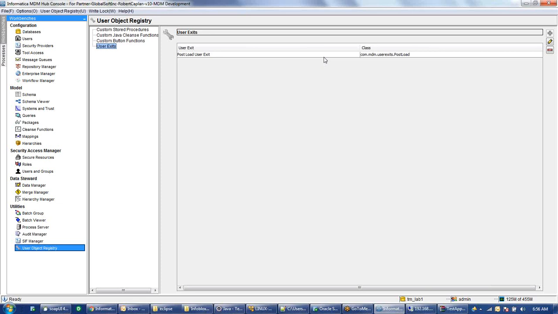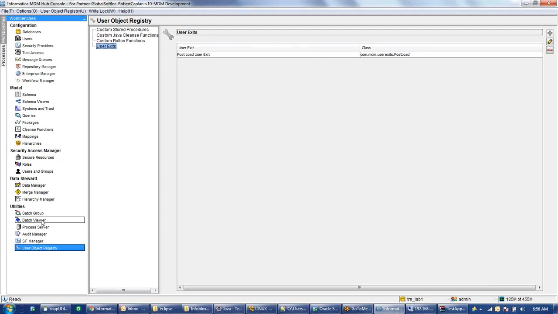So we don't have to specify anywhere that when I'm running the load job, you have to fire it. Every time we run the load job, this user exit will get fired and whatever code is there will get executed. We have just put a conditional check that if table name equals CB customer, then only fire it. For whichever table we need, we can put that condition and fire it.